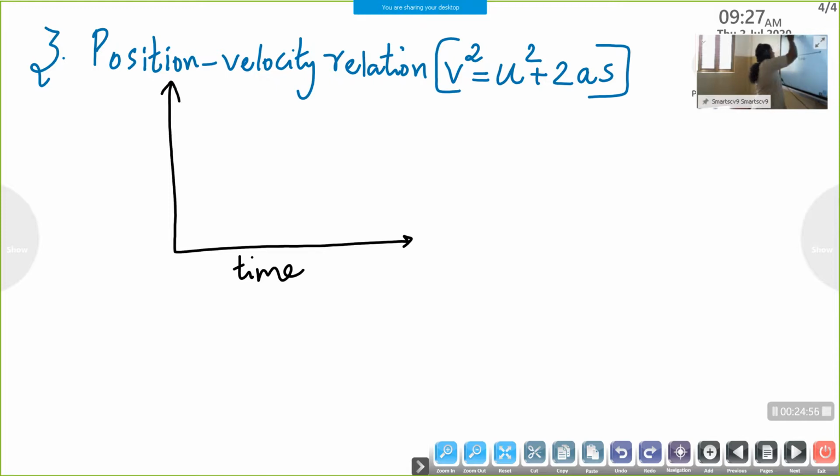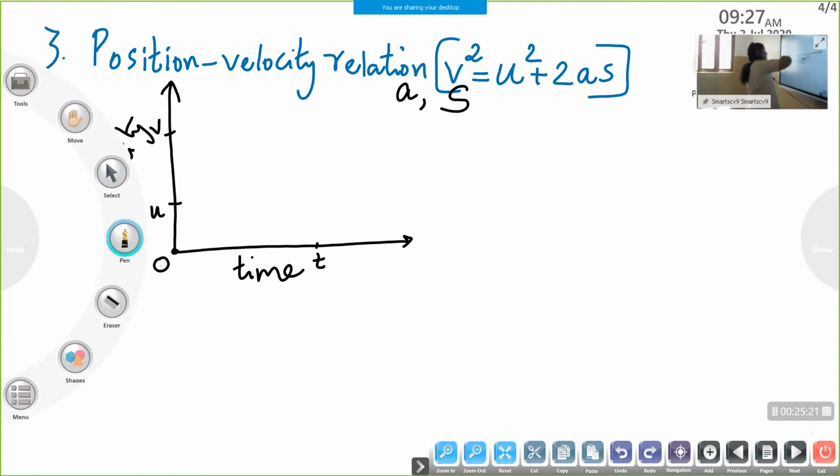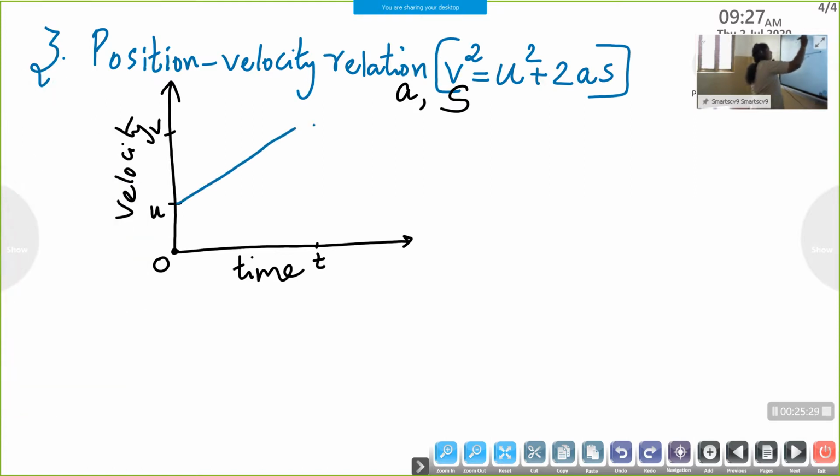Every time you have to repeat it. So velocity is here, and we are going to consider an object moving with a uniform velocity u, and after a time t it acquires a velocity v. So as to produce a uniform acceleration a, and s is the displacement undergone. Now when you draw the graph for that uniformly accelerated motion, you will get a straight line with a slope.